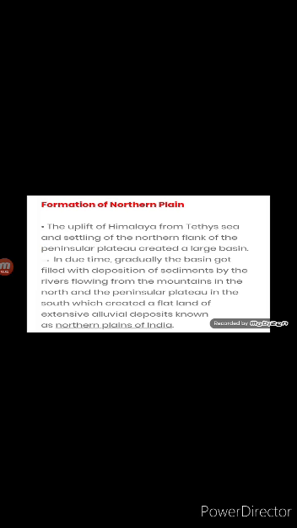Children, the Himalayas and the northern plains are the most recent landforms. From the viewpoint of geology, Himalayan mountains form an unstable zone. The whole mountain system of Himalayas represents a very youthful topography with high peaks, deep valleys, and fast flowing rivers. The northern plains are formed of alluvial deposits.